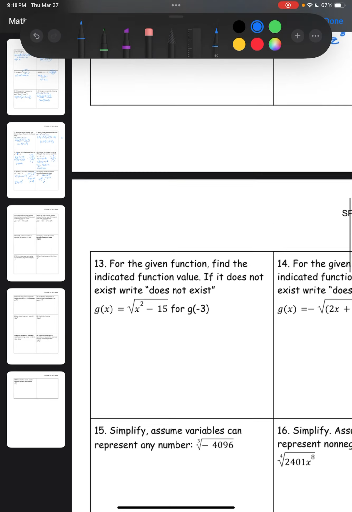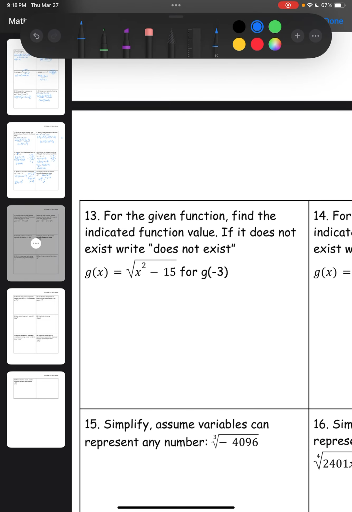Alright, number 13. For the given function, find the indicated function value. If it does not exist, write does not exist. So for this one, we are going to try to figure out if it's possible, right? So we're going to plug in -3 wherever we see an x here. So we're going to be left with